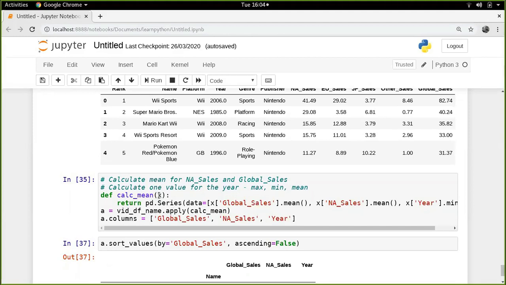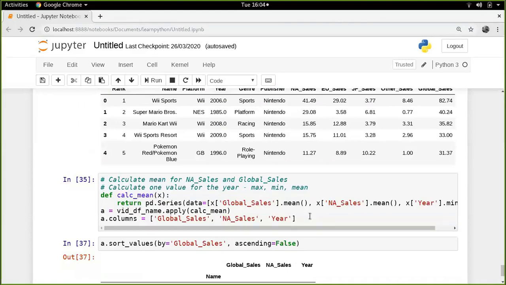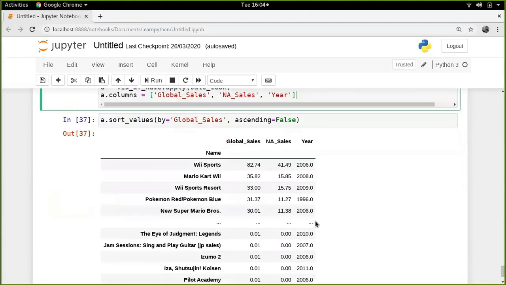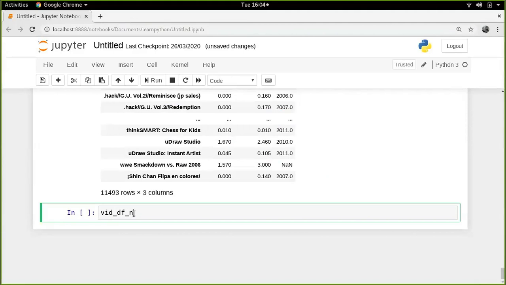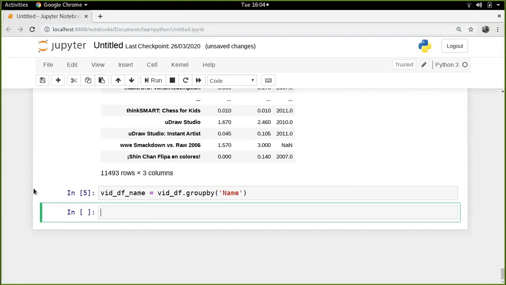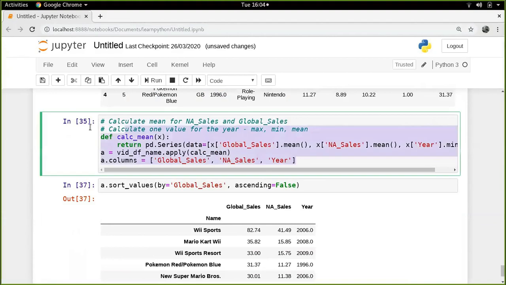So apply then takes a collection of rows, which means a data frame, and for each data frame we are returning back a series. So the end result is we get a series, and we saw that this is the series we got. The only problem we saw was that, let me just go and write it again. Let me call it this name, and then let me paste it again. So if, for example, I paste this,